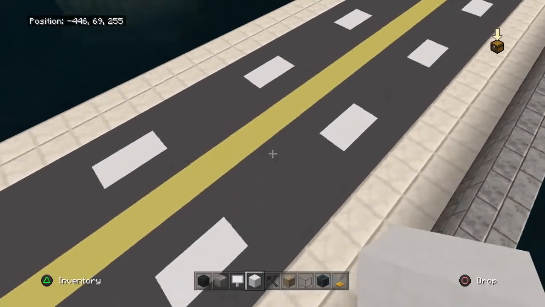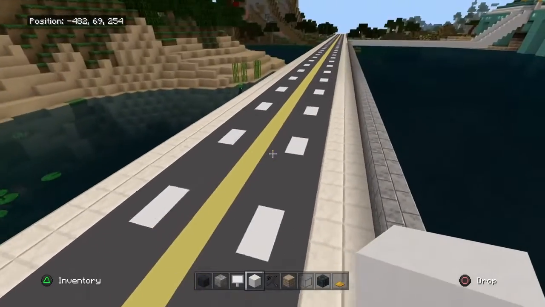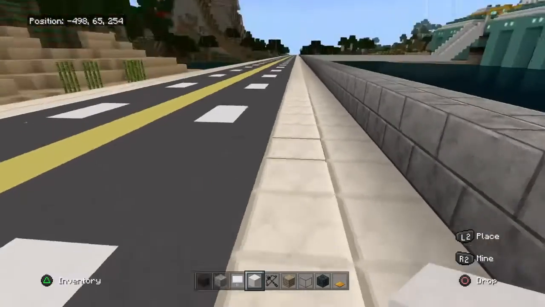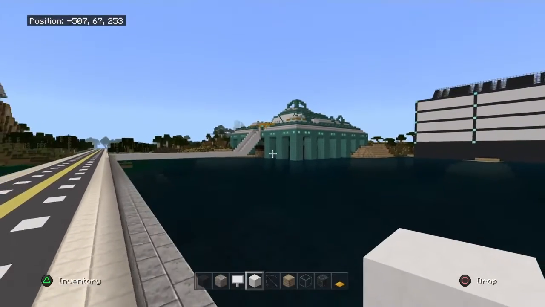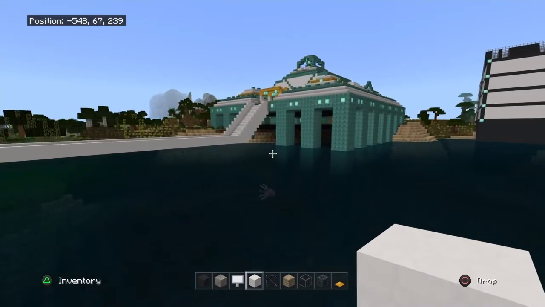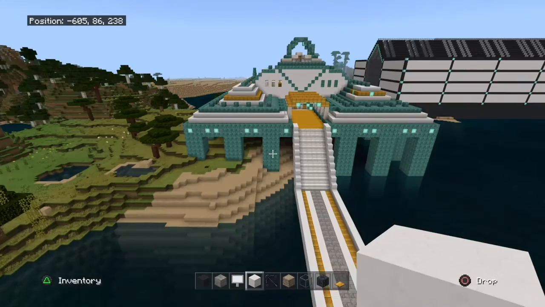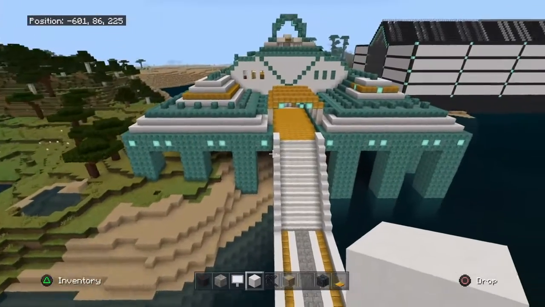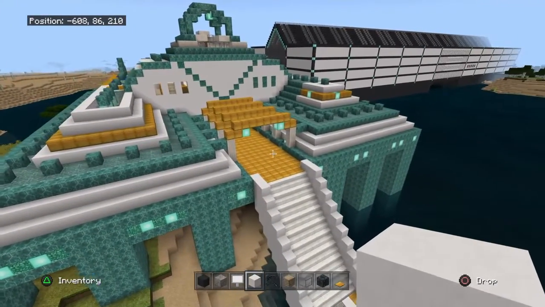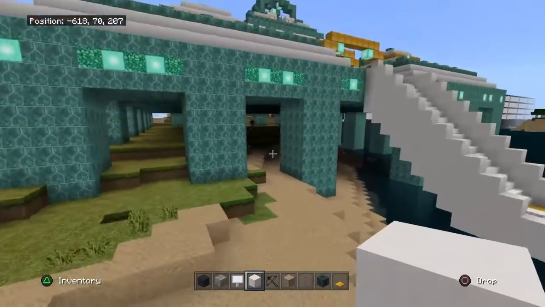So yeah, I'm turning this into a road. You can already see the lanes. And so yeah, there's a sidewalk and a whole lot more. And within my structure block video, I showed you guys my Guardian Temple home with a whole bunch of sand on it because I was clearing out the water. Well,